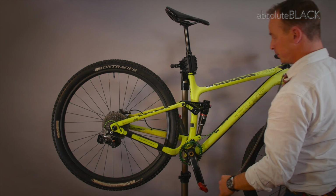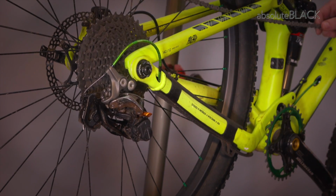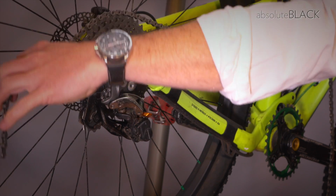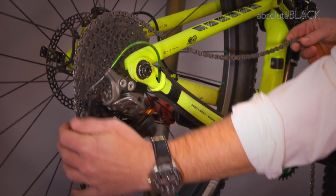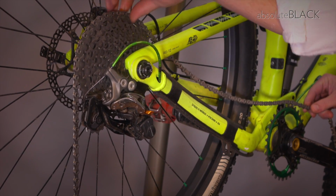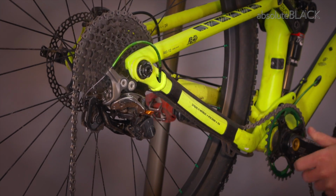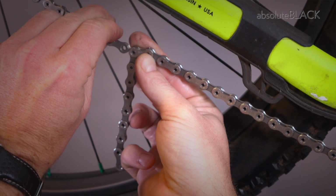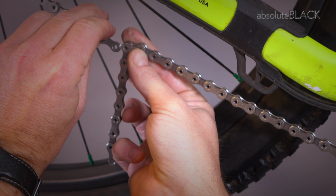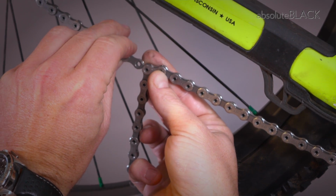The first thing to do is to carefully wrap the chain around the largest rear sprocket. In this case it's the 40, and around the front sprocket, observing the narrow wide teeth, and we omit the rear derailleur at this point because we're going to add 4 links when we get